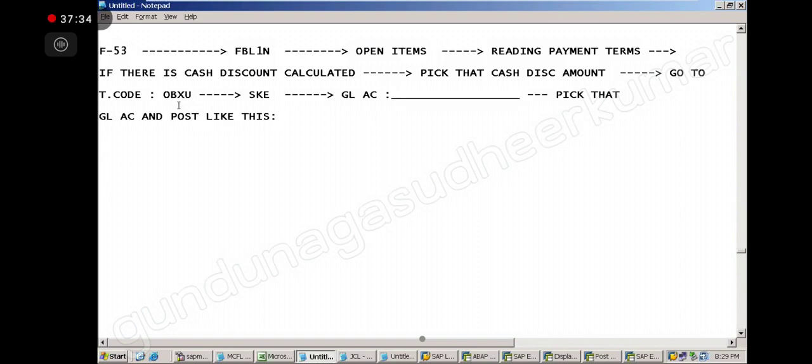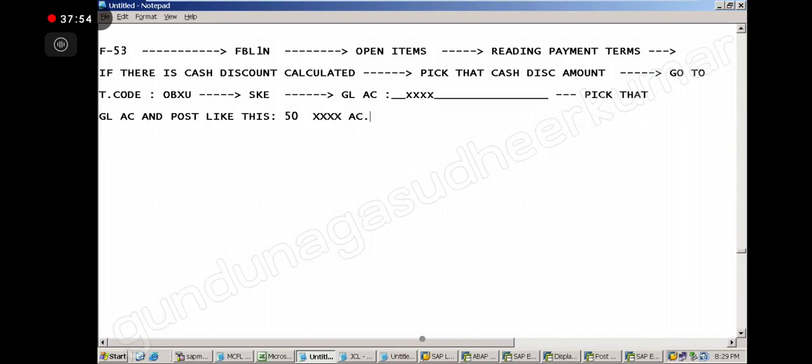Credit the cash discount. Suppose this GL account is XXX, then credit that XXX account. Understand?